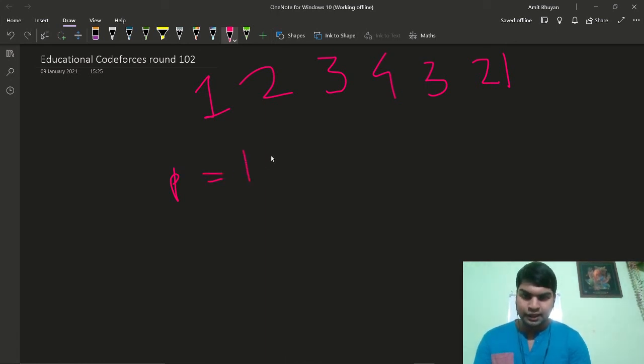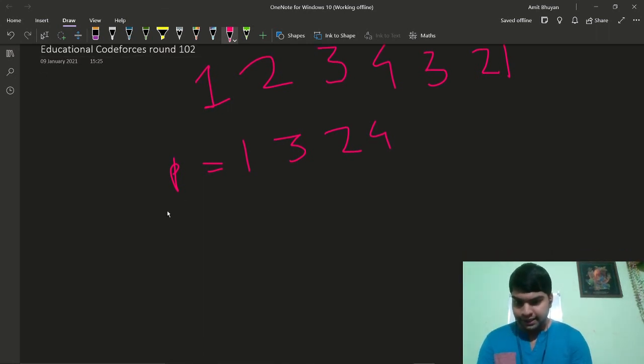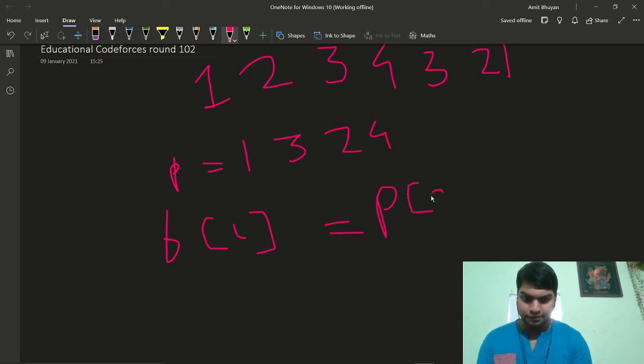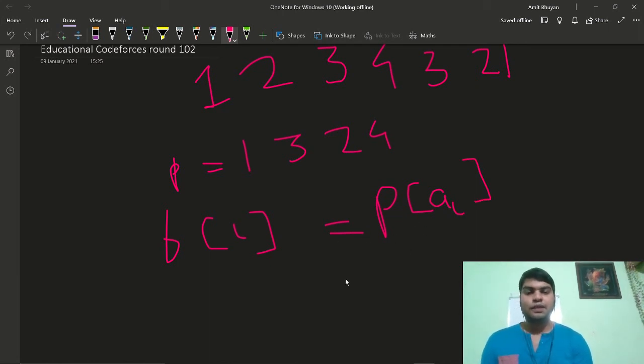A permutation of k can only contain elements from 1 to k, and every element should occur exactly once. 1 3 2 4 is a permutation, but 1 2 4 5 cannot be a permutation, and 1 2 2 3 cannot be a permutation either. So you have to obtain the sequence b with bi equal to p of ai. This is the condition.